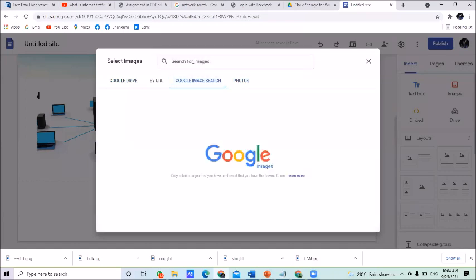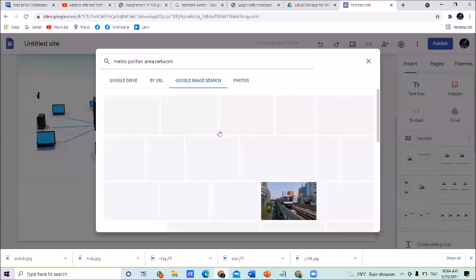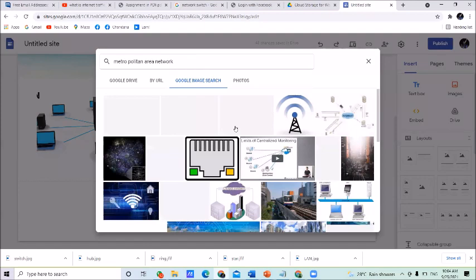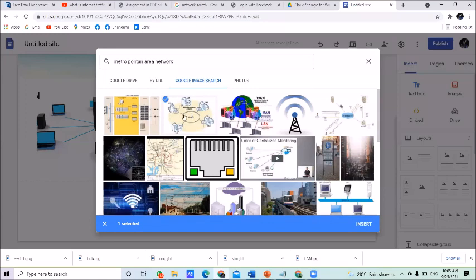Right. Under search for image, suppose metropolitan area network. Suppose this is the picture you want to insert. Click here and click insert.